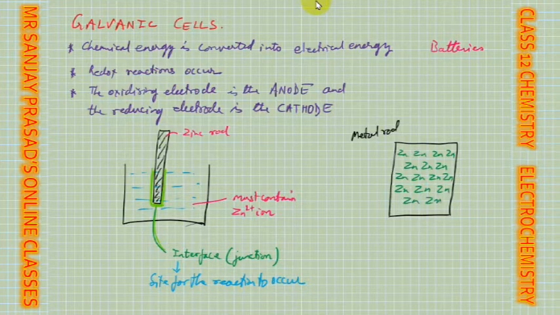How do these attract? Tell me. The zinc and zinc are held together inside the metal rod. Initially, at the beginning, it is neutral, isn't it? But these atoms are held together. I have told you what type of reaction takes place here. All of these zinc atoms lose their electrons. That means all of them are converted into Zn2+.